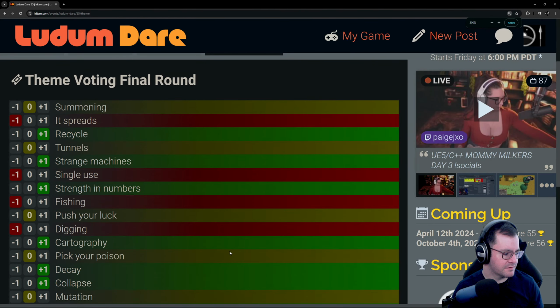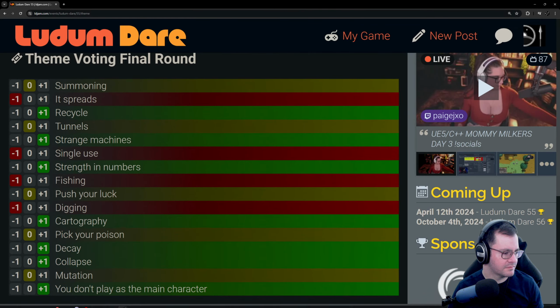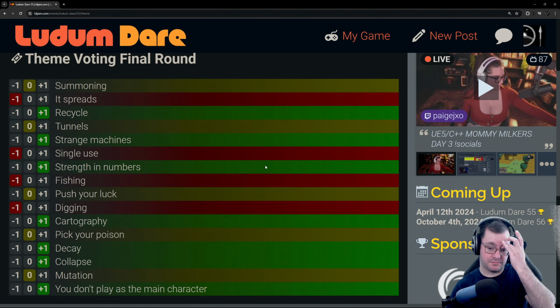Oh, a little too far. These are our options. I'm maybe more excited for the stuff at the bottom half. Like cartography could be fun. Decay and collapse, I think, would be fun. "You don't play as the main character" is not really a theme so much as an edict, but